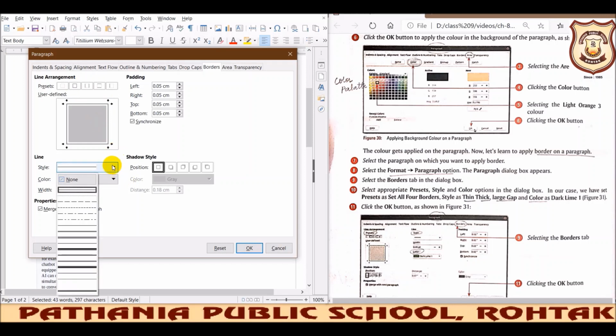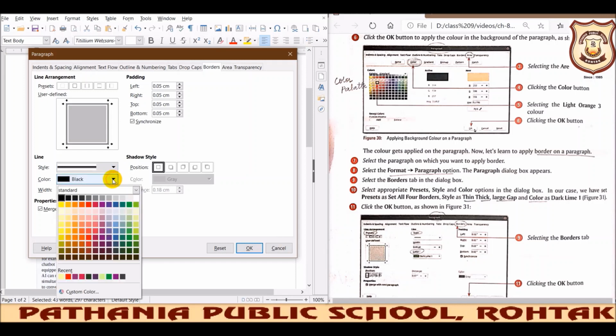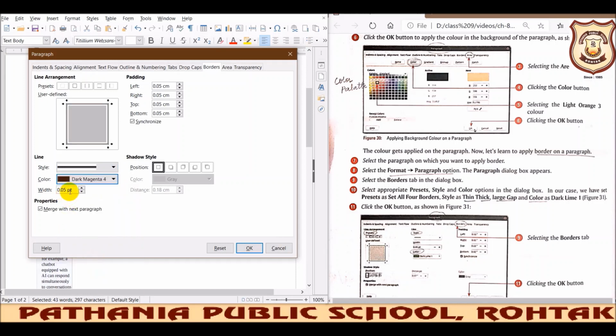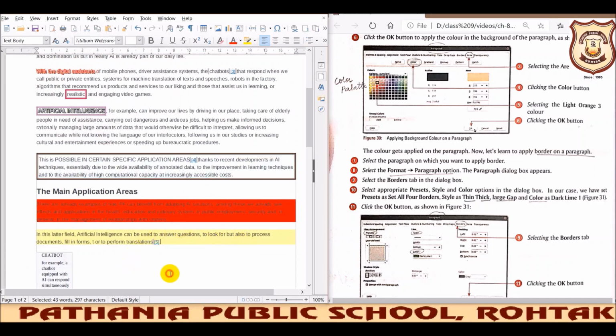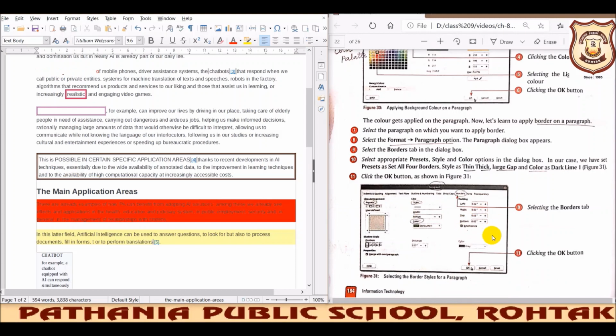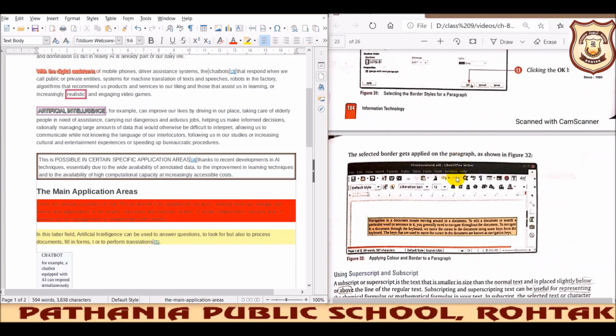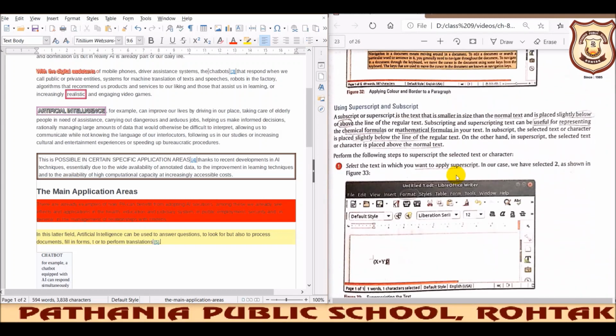Okay, and line style also you can select from here. Okay, the color of the border you may select. Okay, and the width of the border you may select. So if it is done, you should click on OK, and that particular border will be implemented on that particular paragraph. Okay, I hope it is also clear to you in this way.